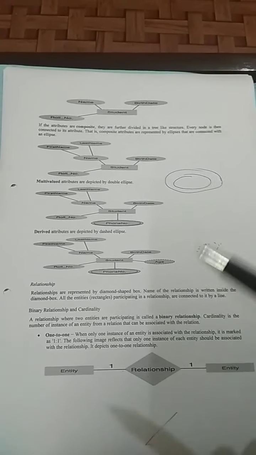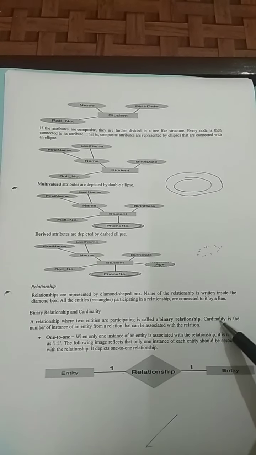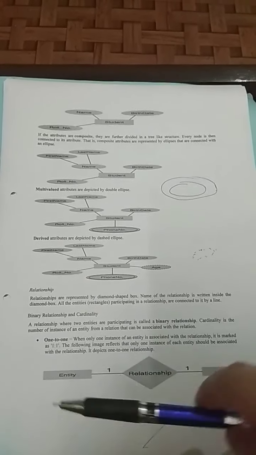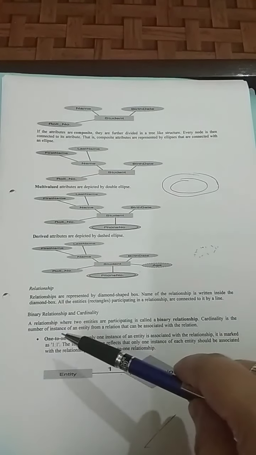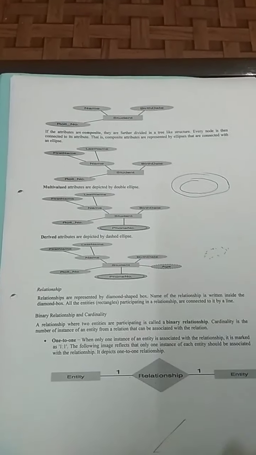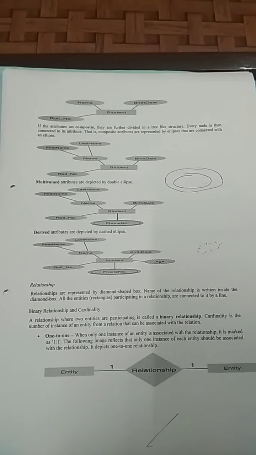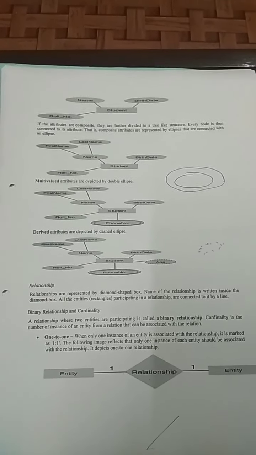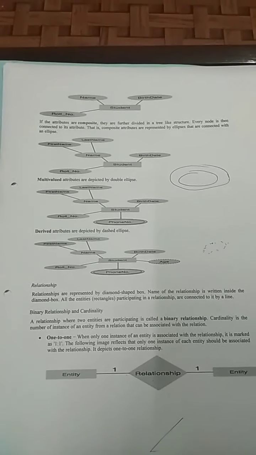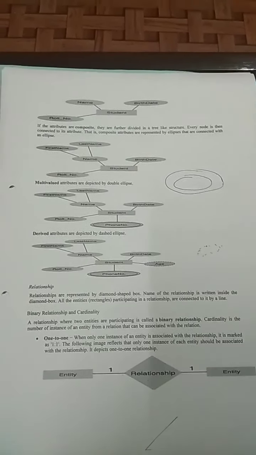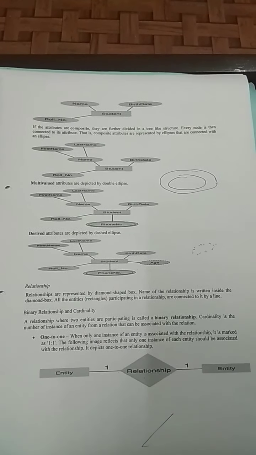Cardinality is the number of instances of an entity, from a relation, that can be associated with the relation. It means cardinality is a major word which is used majorly in the ERD. Basically, it is the number of instances of an entity. Instances are a particular state where we enter the values in the schema of the database for a particular entity. Suppose we enter the value Ram for the name of the entity student. So it is an instance of that state of the schema.